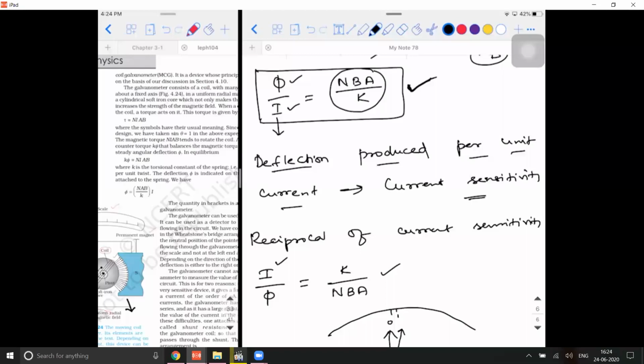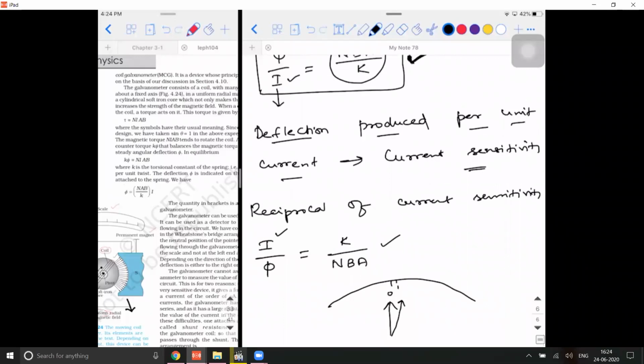Or you can say, sorry, not any amount. If you pass 1 ampere of current here, how much deflection is produced by that particular galvanometer is what is called current sensitivity. Whereas here, I'm trying to say, how much current should I pass so that the galvanometer experiences a deflection of exactly 1 unit? It should exactly stop at its next value. If the pointer had been at 15, then you should pass the current such that it stops at 16. Then how much current you're supposed to pass through that galvanometer?